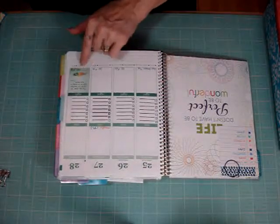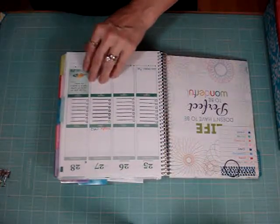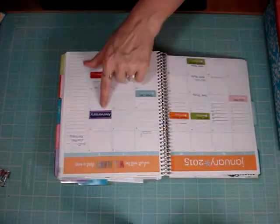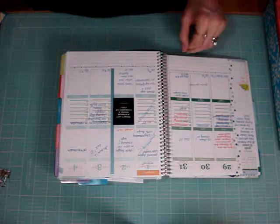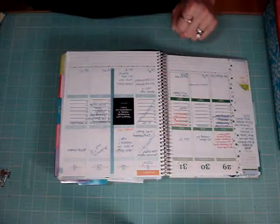Like I said, I make my own stickers. I print them out. I see something on Pinterest, I resize it down and cut it out and put it in here on solid sticker paper. I used a lot of the Erin Condren stickers through here. I think there was a whole sheet of birthday stickers and I used them all. And you can see,